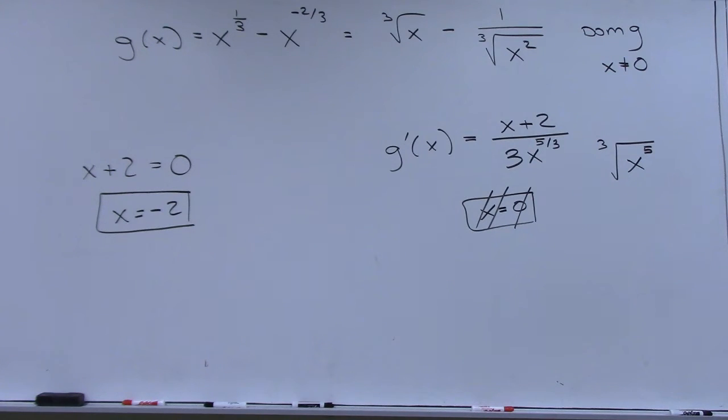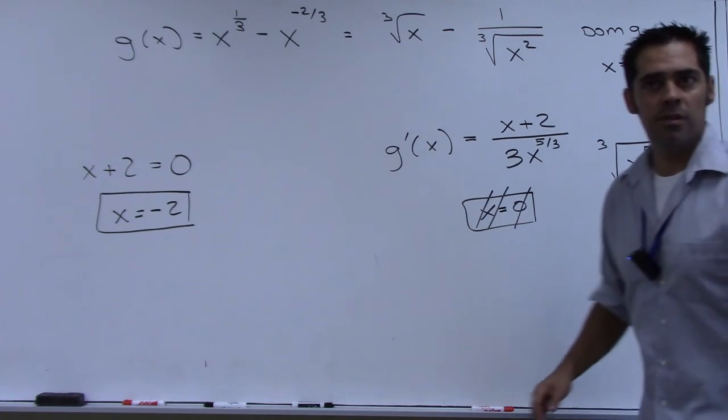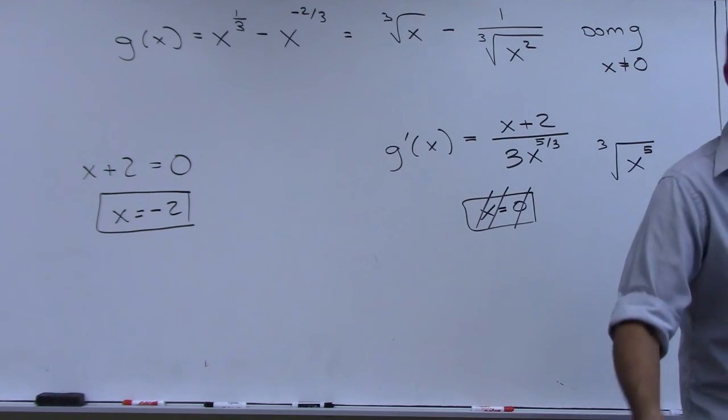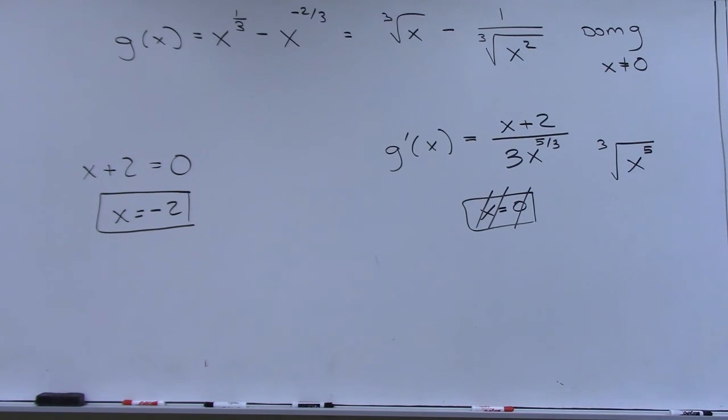It's hard to tell from this, but at x is -2, it is quite possible that that's a local maximum. If you go to the right, it starts dropping down. If you go to the left, it starts dropping down. Locally, that could be a maximum. In fact, it looks like it is. I can tell you real quickly. We're going to do this later, but do you want to see what a quick check would be?